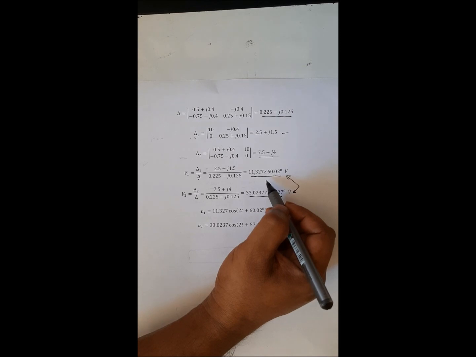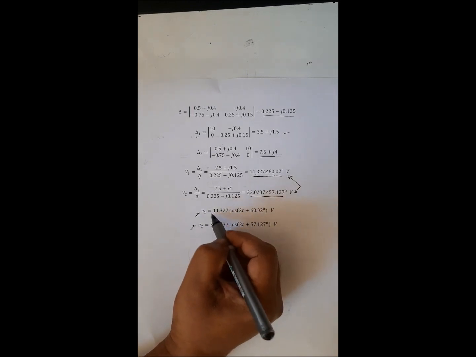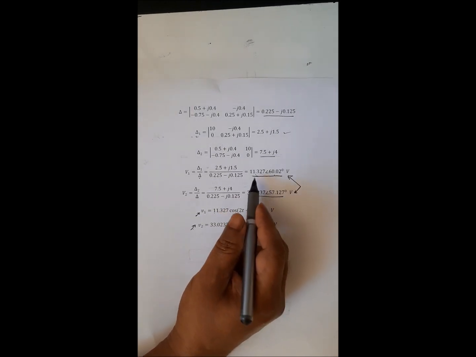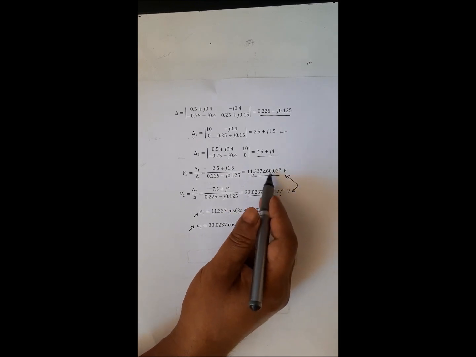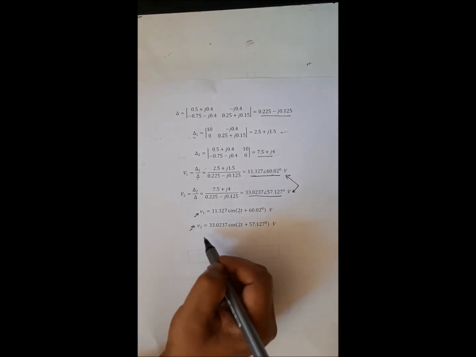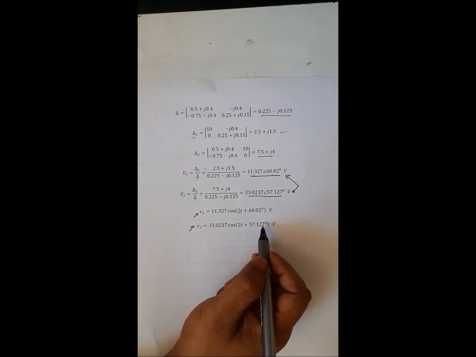As the question asks for finding lowercase v1 and lowercase v2, that means we need to convert to the time domain, and we can easily do this. So I take the magnitude of this and cosine, the frequency is 2t and the angle is 60.02, and v2 is this, 2t and 57.127. So this is how we can solve